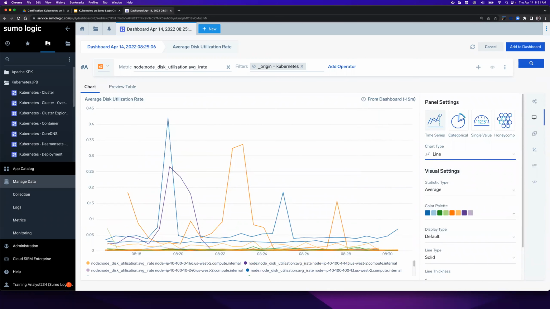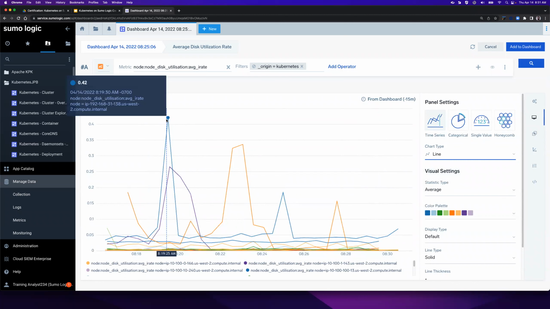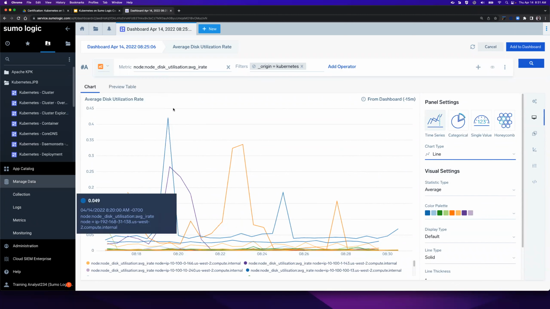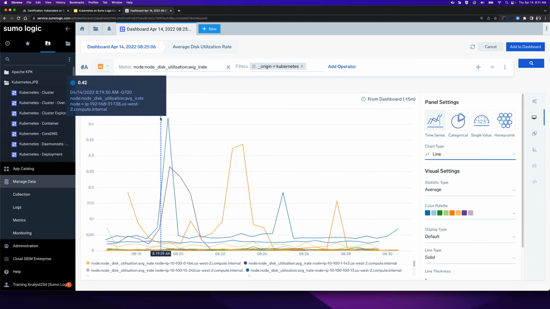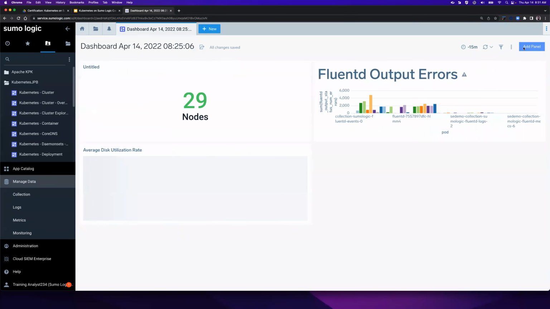And so now what we're starting to see here in this line chart is very simply disk utilization rate. Here it's very high. Here it's very low. This peak, I might want to start to investigate and figure out why it spiked so high. It didn't hit a crazy number, but it did peak. And so now I get that visualization. What I'm going to do now is, as you already know, click Add to Dashboard, and now I have